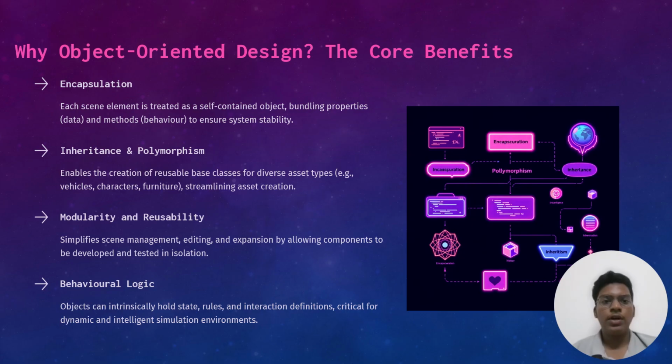Why object-oriented design? The core benefits. Encapsulation, since elements are treated as self-contained objects, bundling properties, data, and methods behavior to enhance system stability. Inheritance and polymorphism, hence the creation of base classes of types, for example vehicles, characters, stimulating asset creation. Modularity and